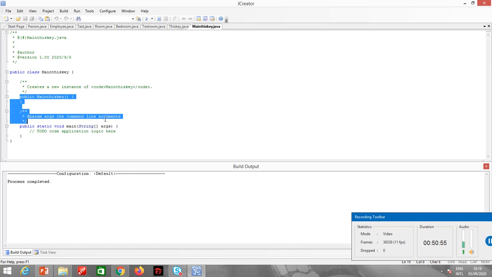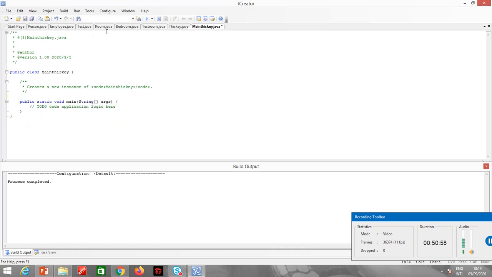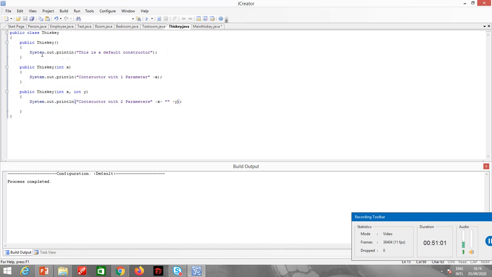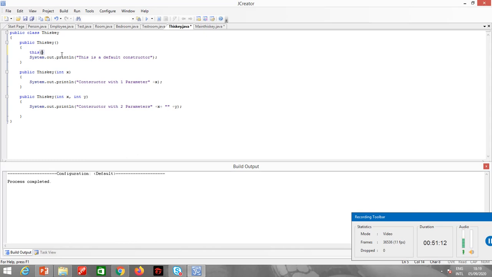Alright, I just remove the constructor here. Now let me just go over here. Okay, so what I do, I will make an object of the default constructor. Maybe I will call from here this(x), that means it will call this constructor, and after printing let me just call over here this(x, y).